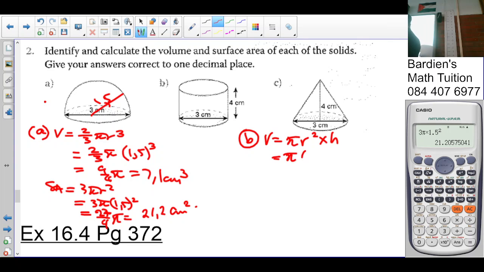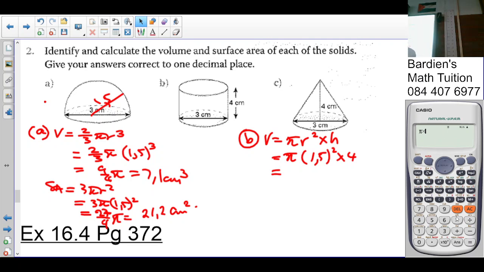What's my radius? 1.5 again, squared, times the height, 4. So it's pi times 1.5 squared times 4. 9 pi, which is 28.3